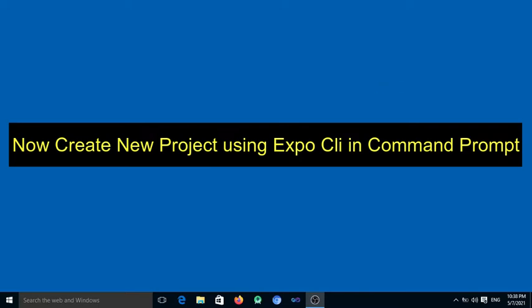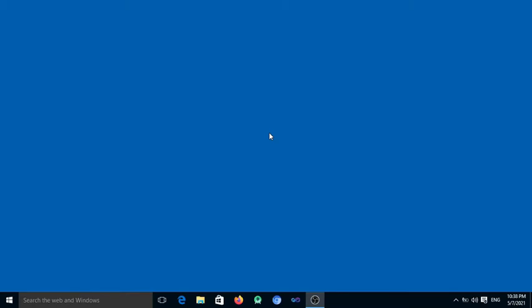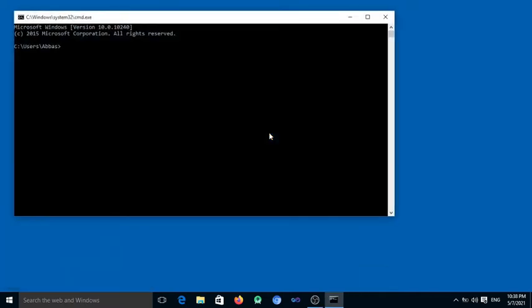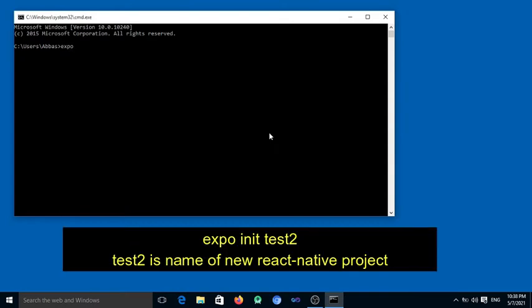After installation, now create a new project using Expo CLI in the command prompt. For that, press the Windows key and R to open the Run window and write cmd in the Run window and click OK. Now in the command prompt, write the following command to create the new project: expo init, and write the project name.